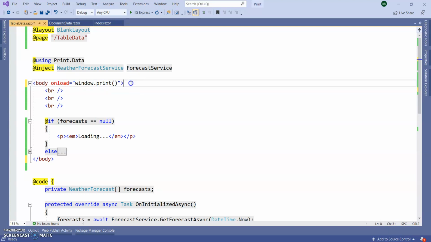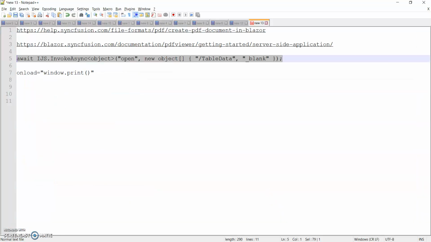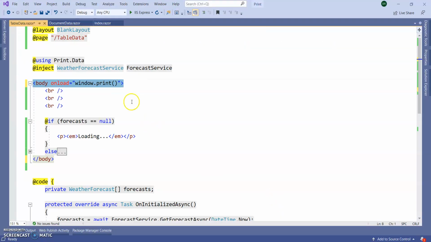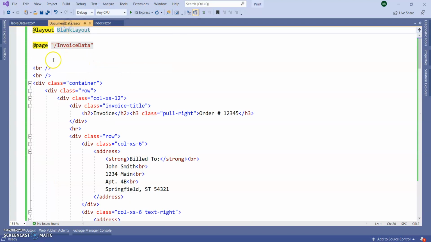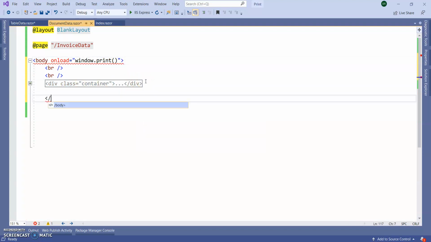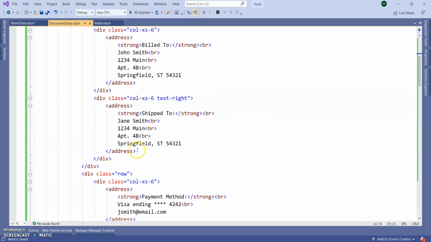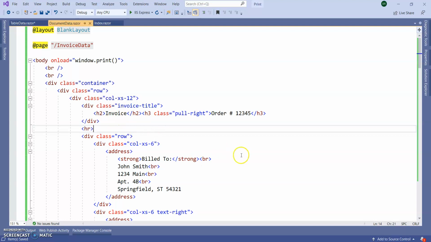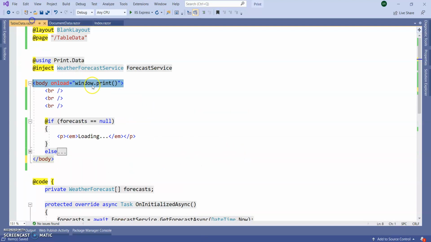Same thing I'm going to do inside my invoice also. For this invoice page, I took some static data. You can use your own logic and functionality to bind your dynamic data. So save the application and run it.